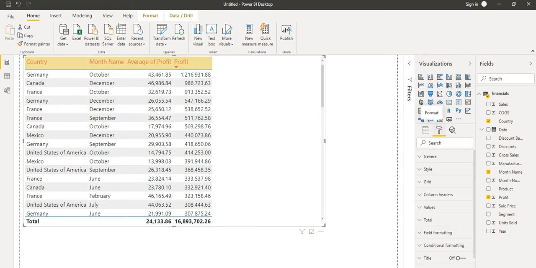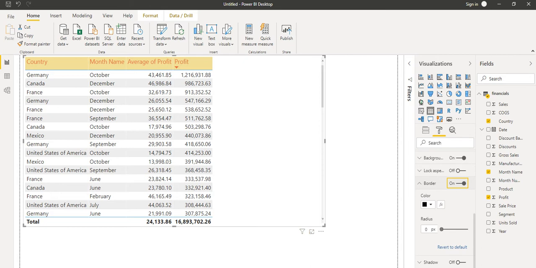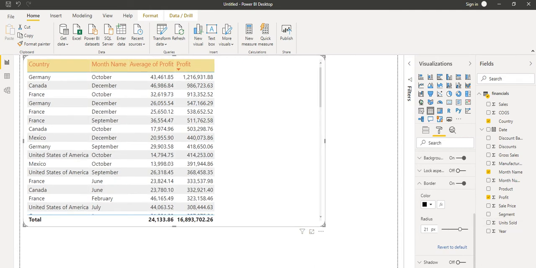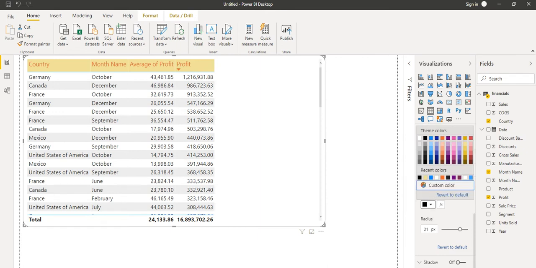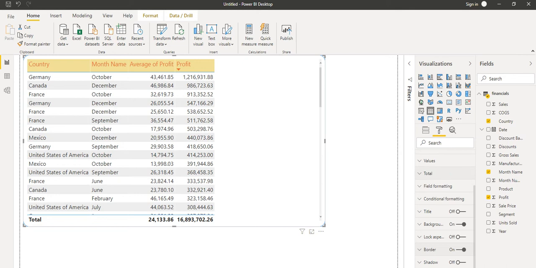Let's do one more thing: give a border to this table, increase the size, and take it to a different color so we can see the data. Basically I'm trying to change the border of this table.